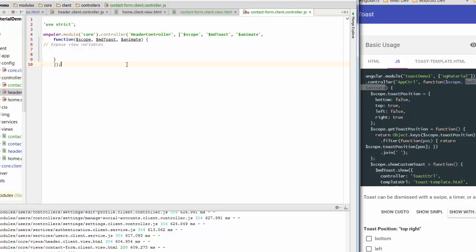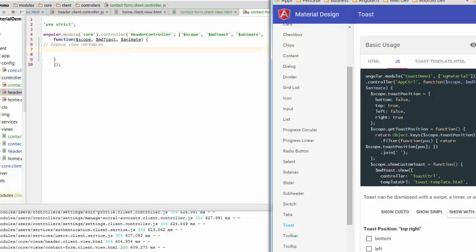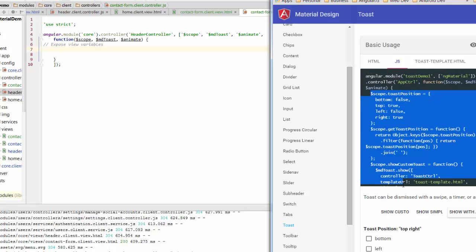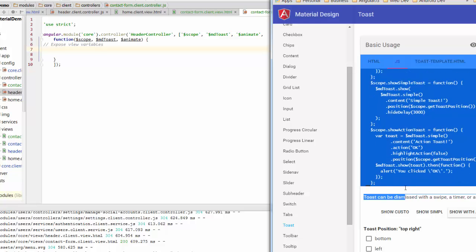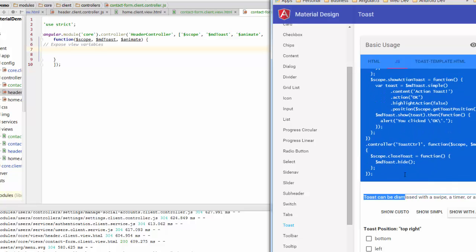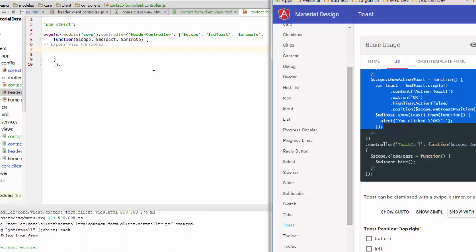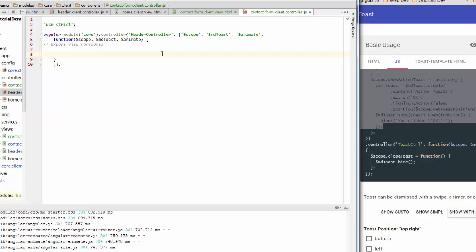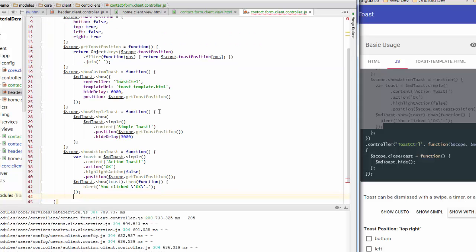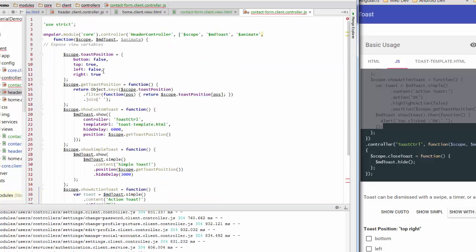Okay, so now I want to actually create a toast. I can actually just copy most of what's in here and we'll just change it up a little bit. Just copy most of that. We can get rid of most of this. So we'll keep that.